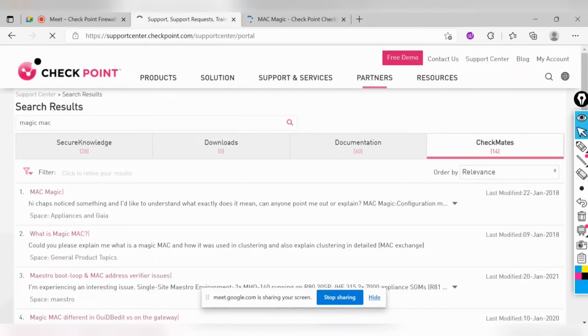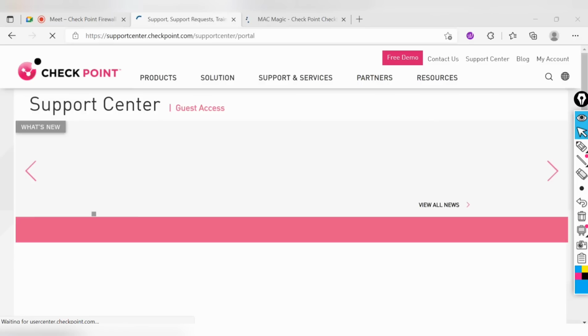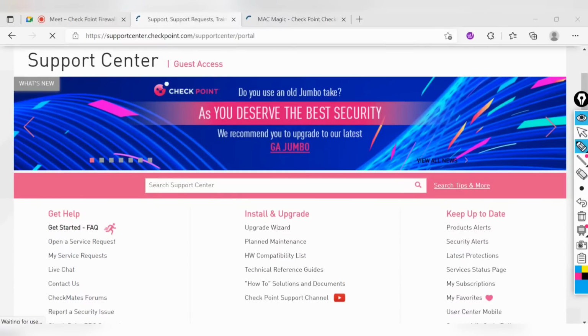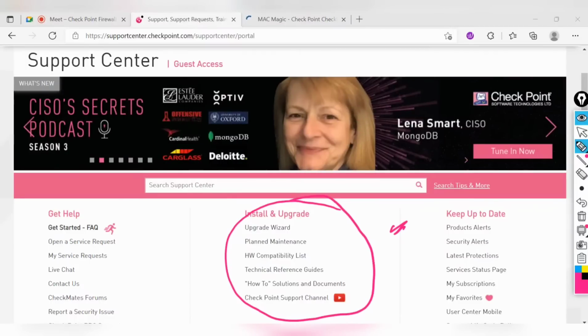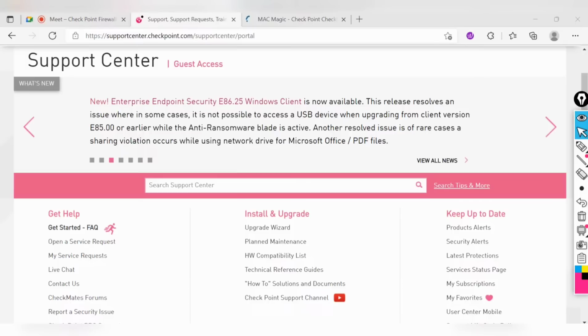Now again I'm going to the support center, and I want to show you from where you can download the OS. This is your friend for all these activities. If you see here, give me one sec. What happened here? So this guy, install and upgrade. The very first tab is upgrade and install. If you click that, this tab,